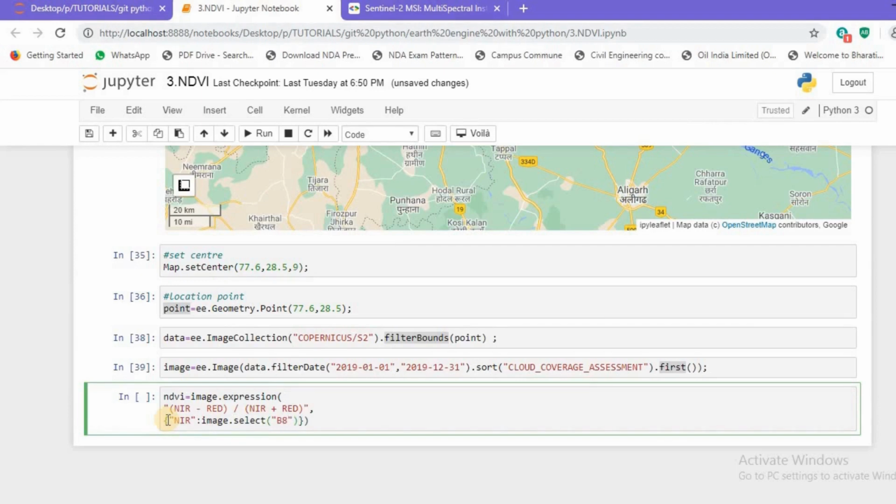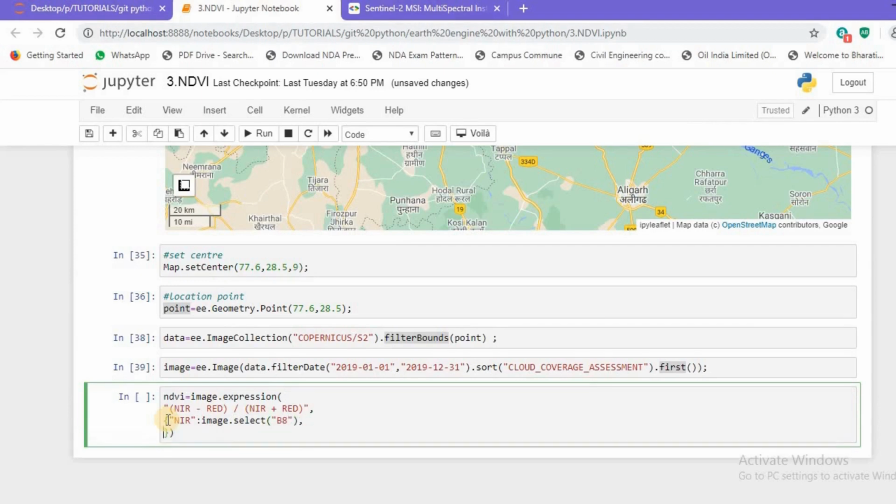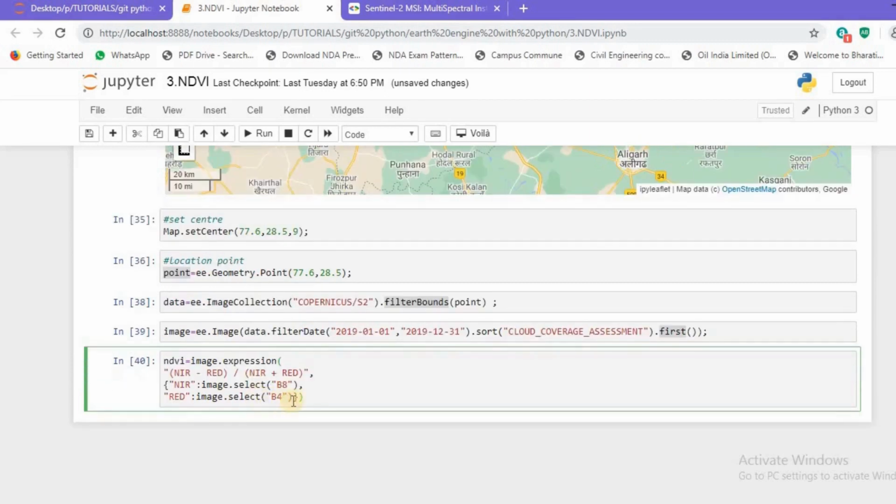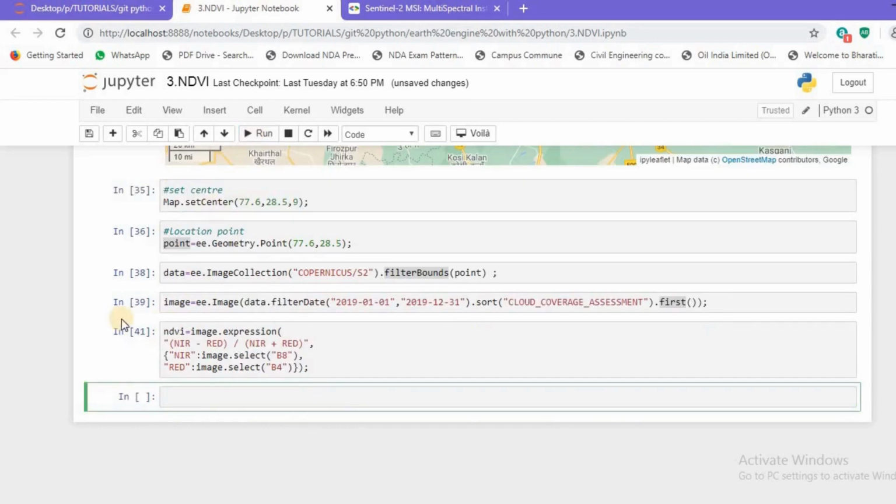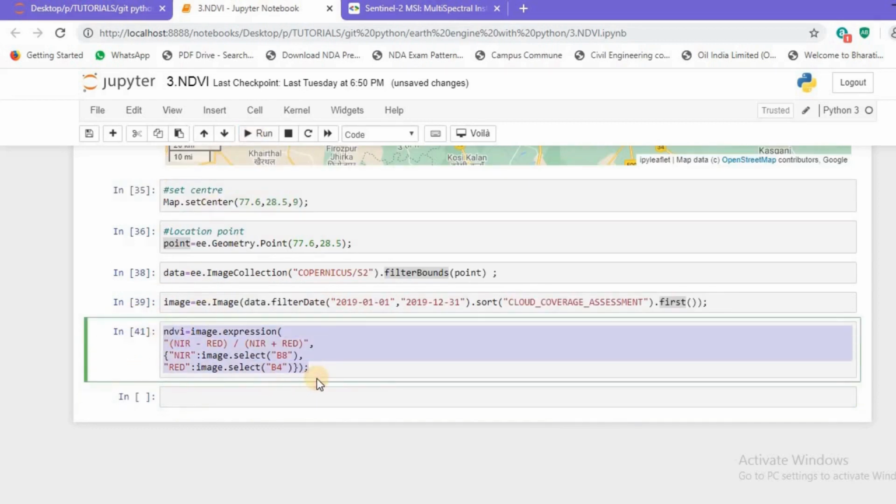Next I'll move ahead and I'll pass another band, that is the red band. I have already used it, so I'll define it now. We have image.select, and for that I'll be using band 4. That's it. We are good to go. So we can terminate it using a semicolon and we'll just run it. So this has run without any error. That means we have successfully generated our NDVI image.